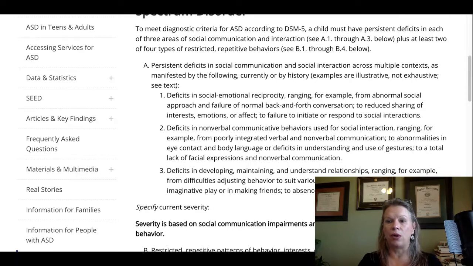There is now MRI data that shows that the brains of children with ASD do light up differently than those of typically developing children. One of the things we know is that in individuals with ASD, the part of the brain that lights up when they engage in social interaction doesn't light up like it does for objects. So people with ASD tend to prefer looking at objects over engaging in eye contact.